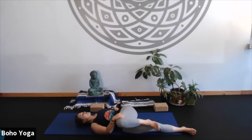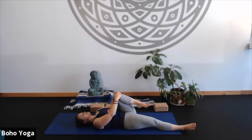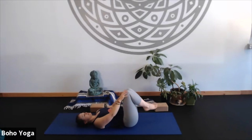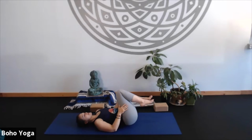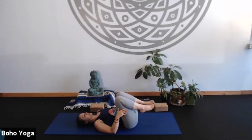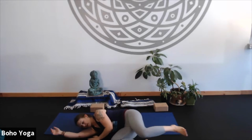And then rolling on to the back. Take a deep breath in. And then as you exhale, both knees in. Okay, draw some little circles with your knees here. Switching sides. And then you can roll to one side and press yourself up to a seat, or you can rock up to a seat. And then once we're in our seat,